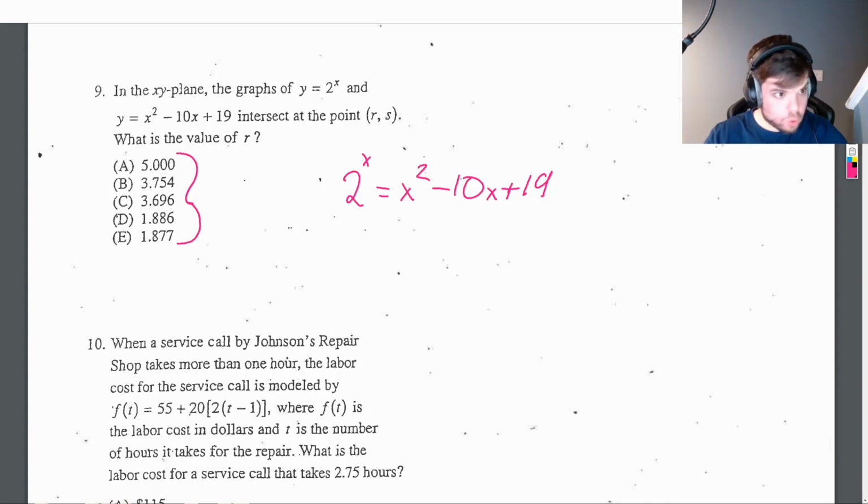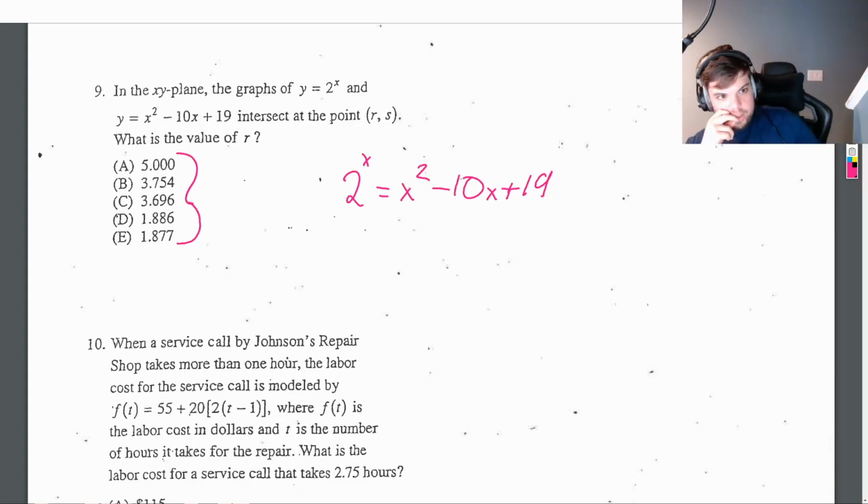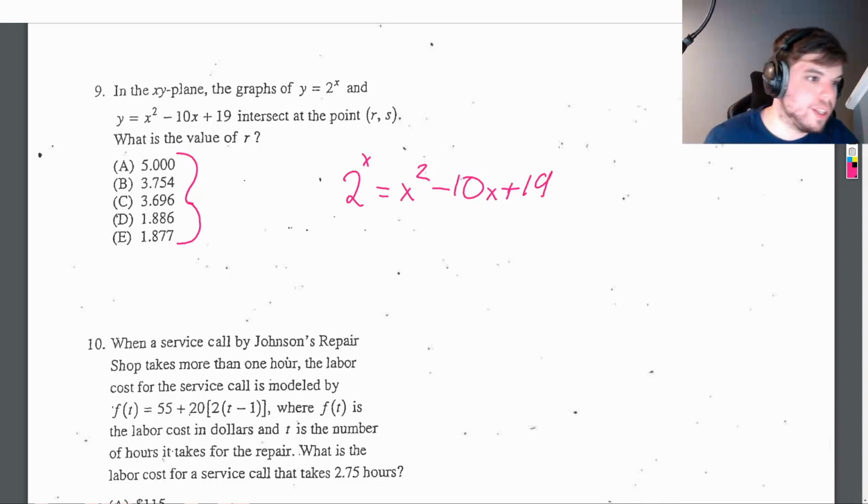and 1.886 squared minus 10 times 1.886 plus 19. That gets us something very, very close. It's not exact. Ooh, okay, it's very, very close. Let's try out